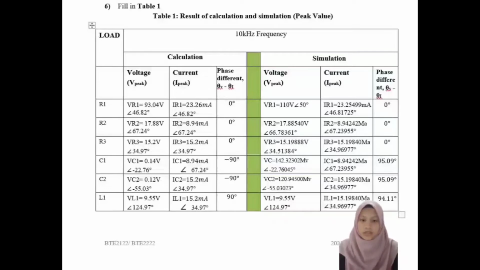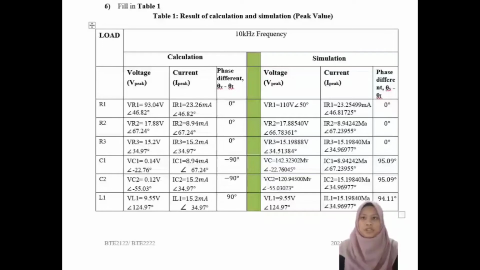Here is the result of the calculation for VR1, 93.04 volt and 46.82 degree. For VR2, 17.88 volt and 67.24 degree. For VR3, 15.2 volt and 34.97 degree. VC1, 0.14 volt and negative 22.76 degree. For VC2, 0.12 volt and negative 55.03 degree. And VL1, 9.55 volt and